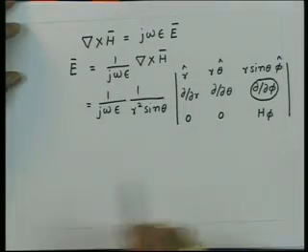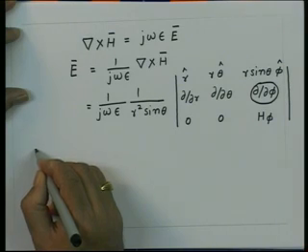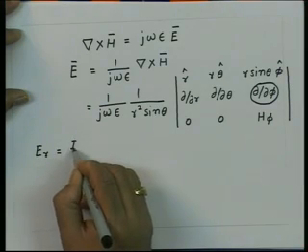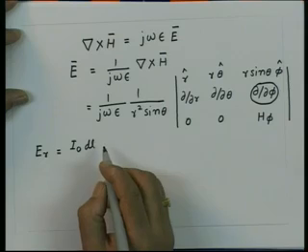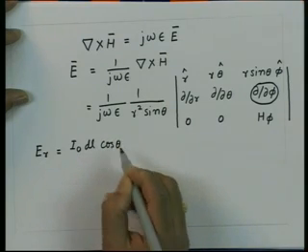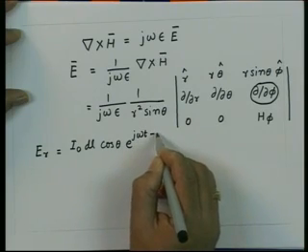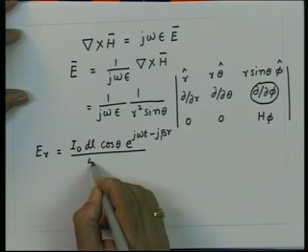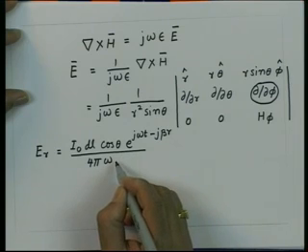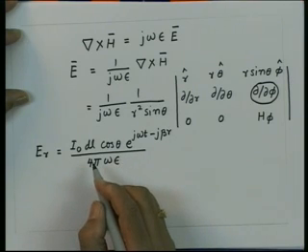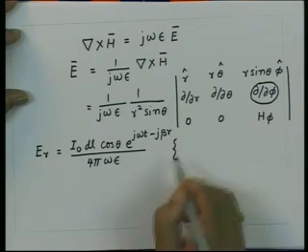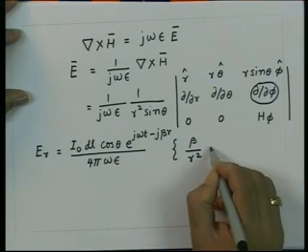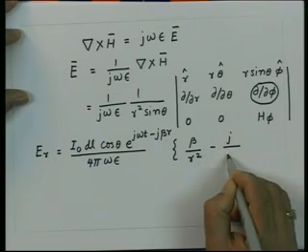Now, just taking this derivative and separating out, you get the component E_r equal to I0 dL cos theta e to the power j omega t minus j beta r upon 4 pi omega epsilon, times beta upon r square minus j upon r cube,